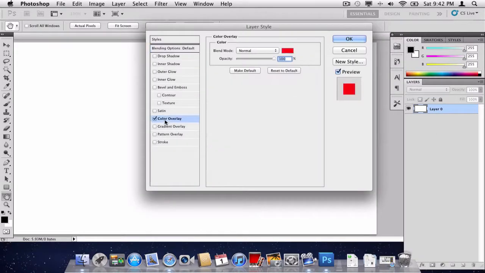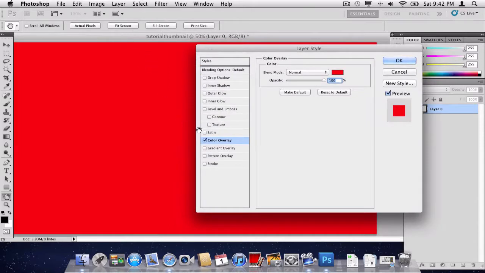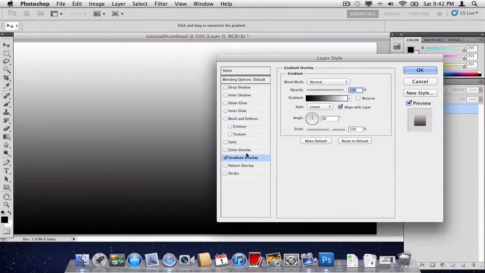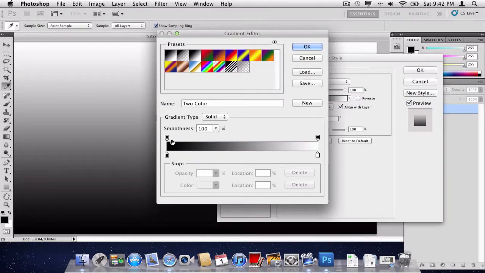Then, I know color overlay is a very often used feature in thumbnails. However, it doesn't look that great. So I don't really recommend color overlay unless you're getting lazy with the custom thumbnails and you don't want to do gradient overlay, which is what I will get to next. Gradient overlay adds a more professional, slick, and just cool feel to your thumbnail, and it just looks really great in general. Now, it doesn't have to be this color. You can always click on the gradient icon right there,